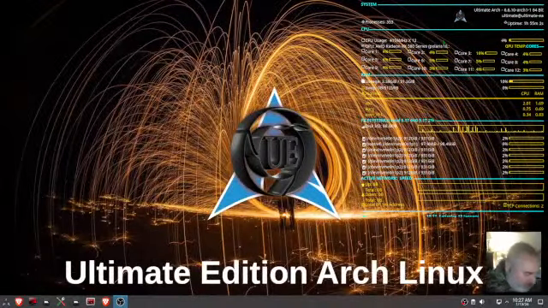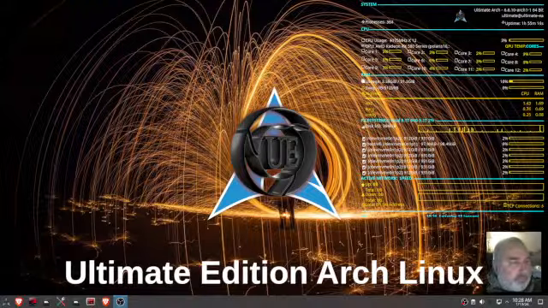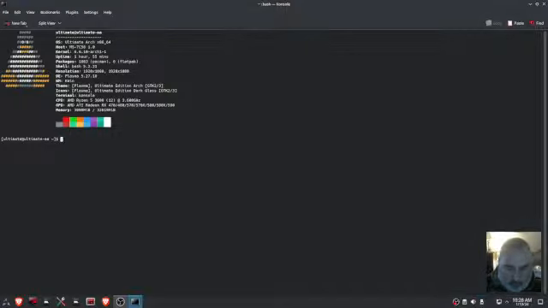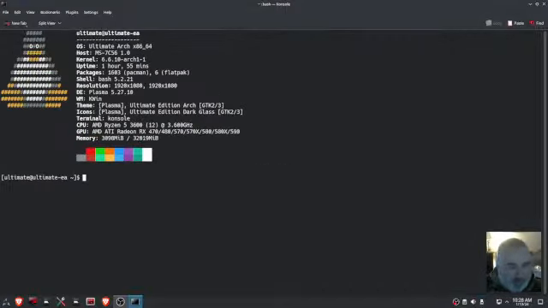And I plugged my handy dandy external hard drive in. I got some base stuff in here. But I do want to see if they got fan control in AUR.